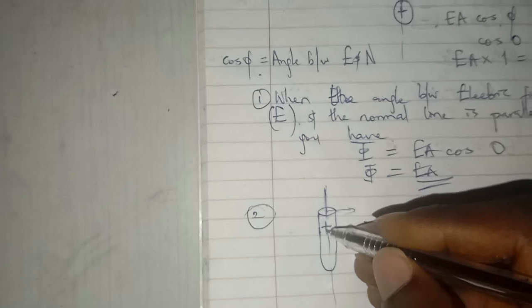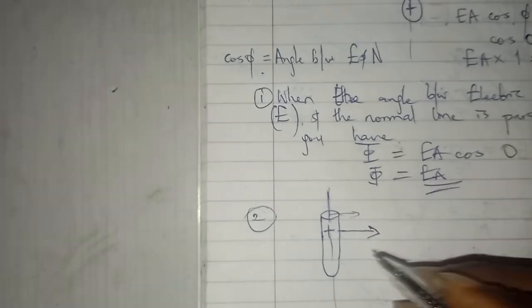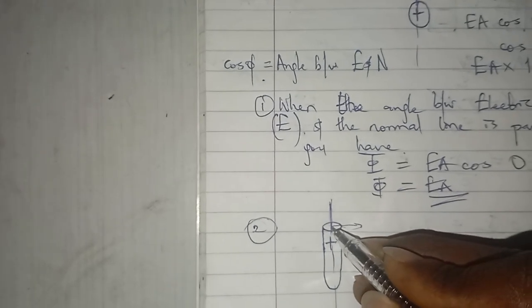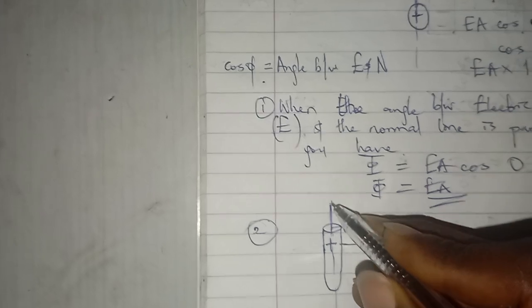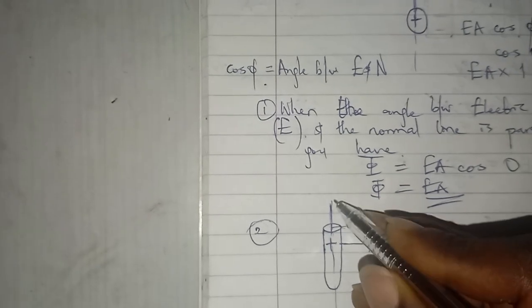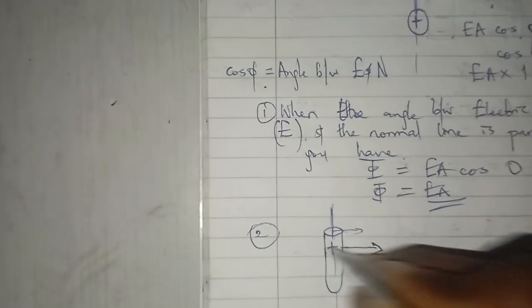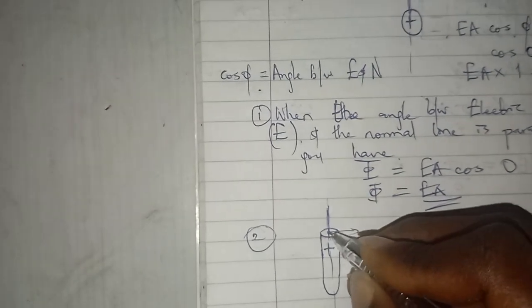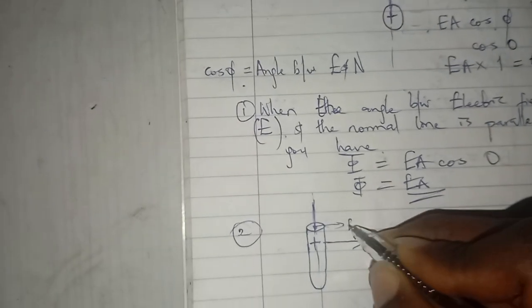So even on this one now, watch, yes. So let me use this side and check it. So you see that if this charge is going this way, everything is going this way, and this is the normal line. If I want to find the electric field here, it will be the same thing as saying E